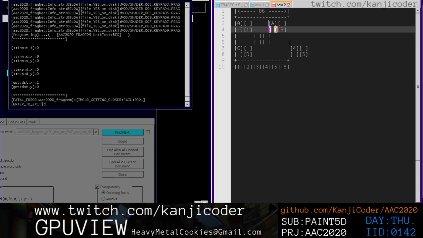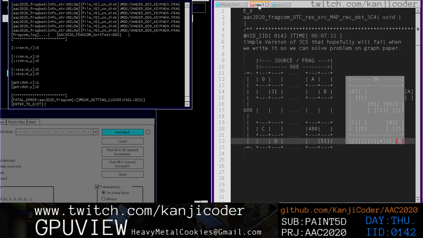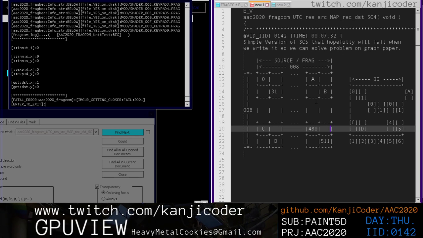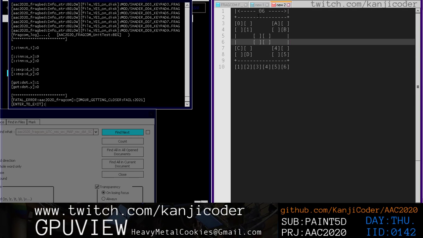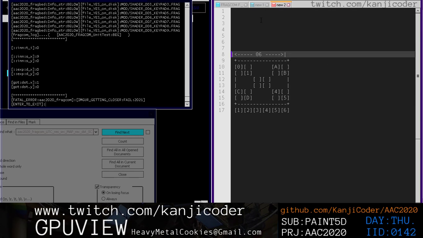I do think that doing things in terms of thirds might expose the problem a little bit easier. I think this is more of an edge case. Doing things in fourths, I don't know if that's going to work. But then we want to take this larger diagram right over here, and we want to say, you know,